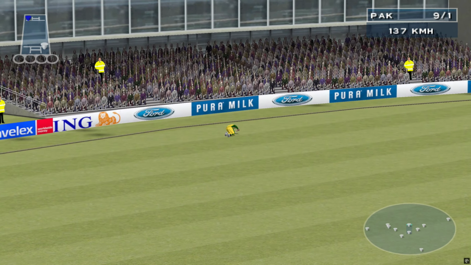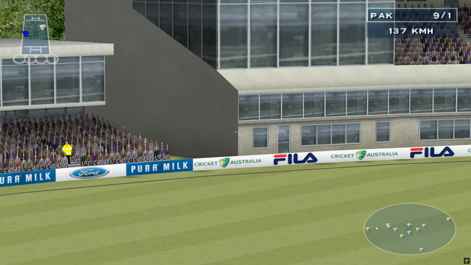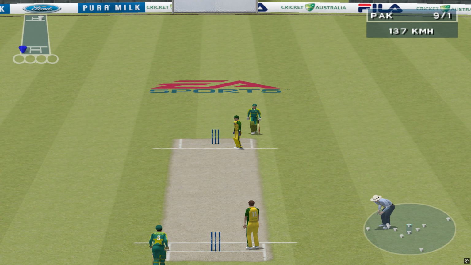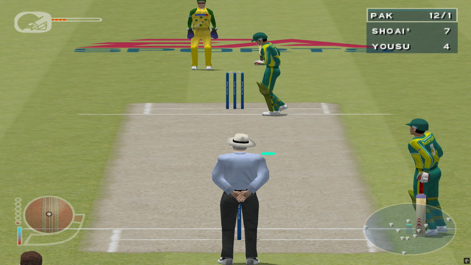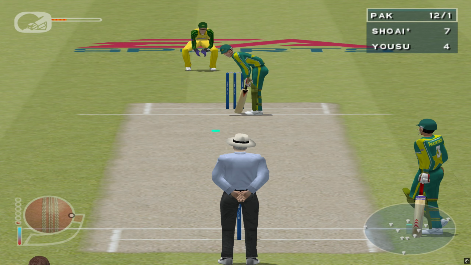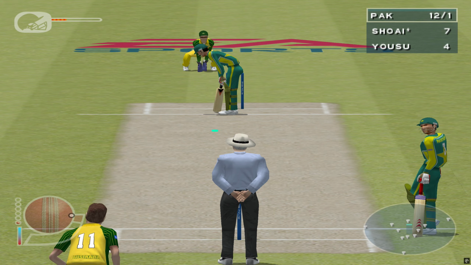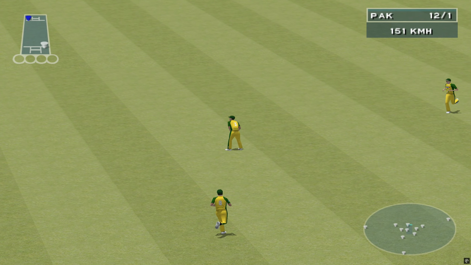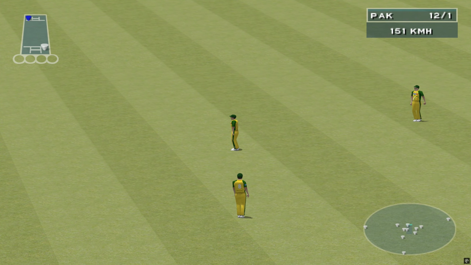The sweeper picks up. Three runs to Yousuf Youhana. Well, Richie, the best teams around put particular importance on their running between the wickets to squeeze out every last run in an innings. That can be important when it comes down to the wire.